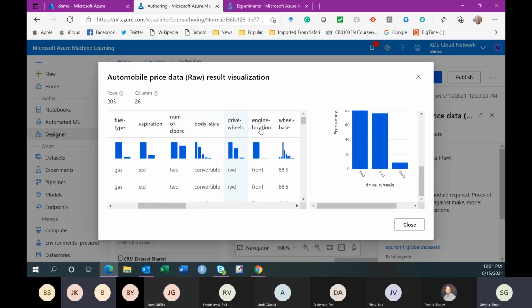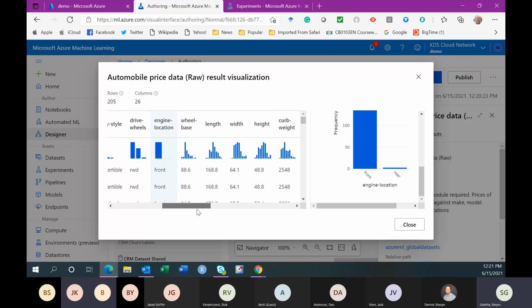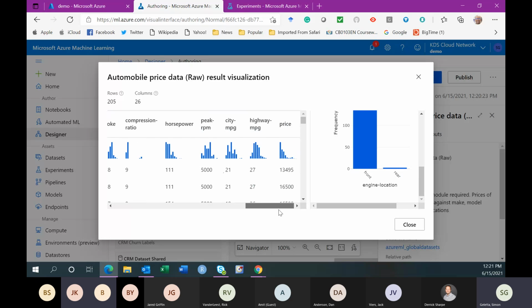So I have all of those features here. And with all those features, the last one is price. So I'll use all of the variables that are included in the data to predict price.